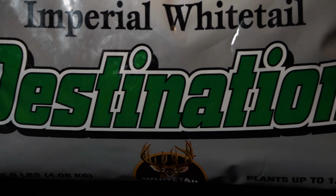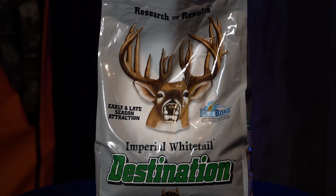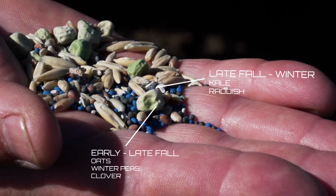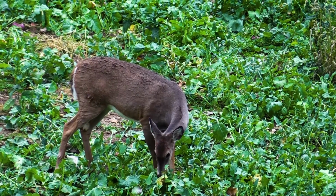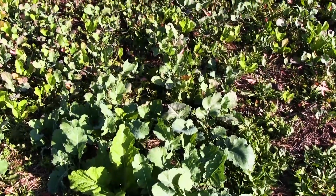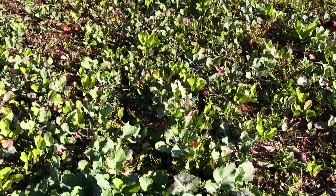This one's been around for a little while. It's called Destination. It's that blend of products, but this one is good for early season. It has the oats in it, but then it has winter peas in it. It has kale. It has radishes, which if you haven't planted radishes in the past, what I love about radishes is the tops continue to grow, where if it's any kind of turnip, basically when the turnip pops through, if